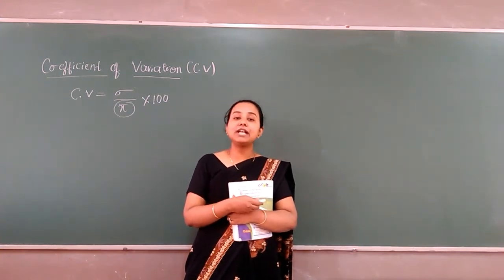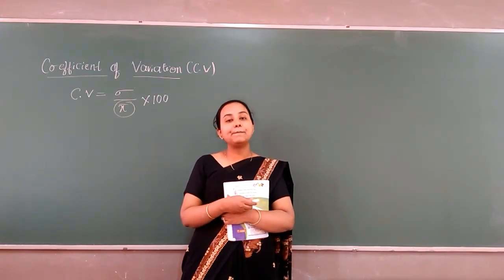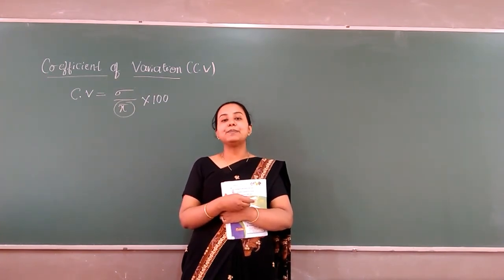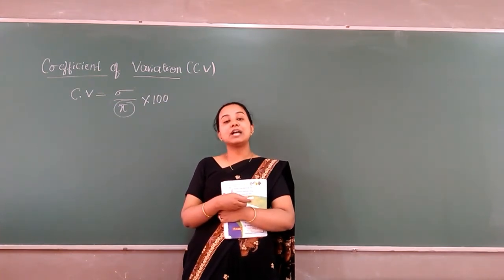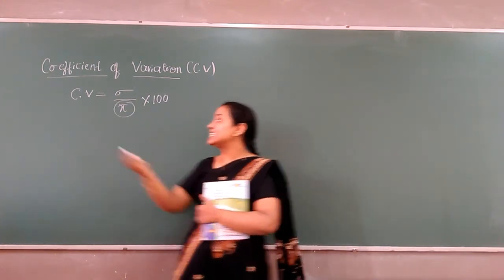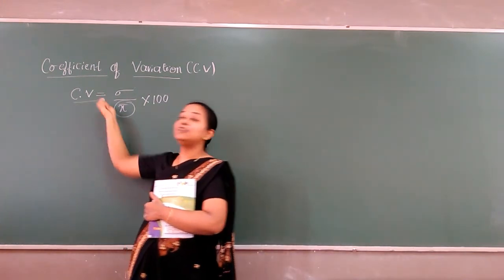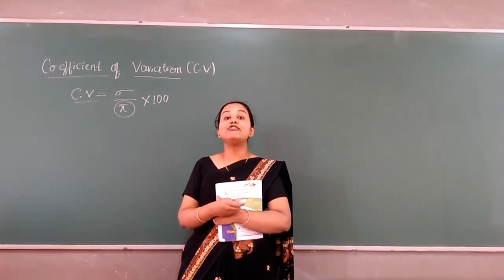So what can we compare? That is, we are comparing production here. How will you compare? We will compare which company is producing more. So how to decide which company is producing more depending upon CV? As the name itself says, this is a coefficient of variation, right? So it shows the variation.